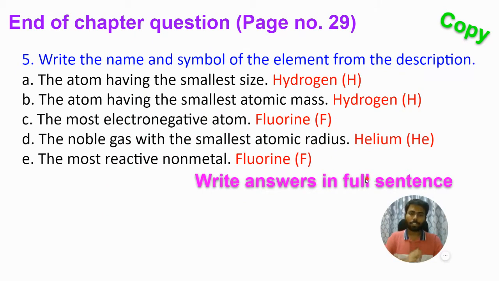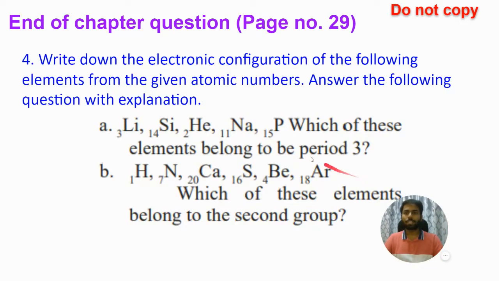Okay, next, in question number 4 there are a total of 8 questions. We will do 2 questions at a time. Okay, so again read the questions. They've asked you to write down the electronic configuration of these elements. For example, in question number 1, for all these elements you have to write the electronic configuration, and the numbers written